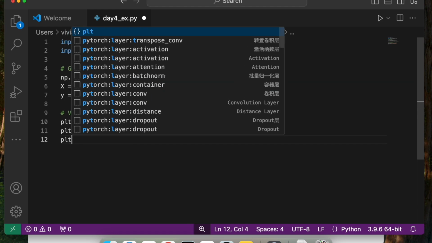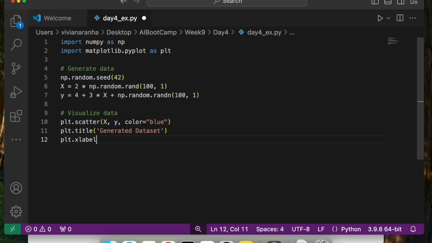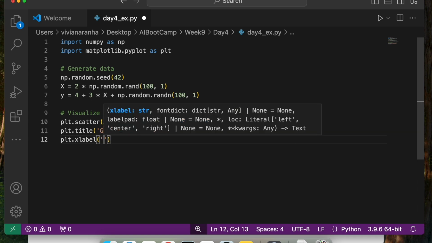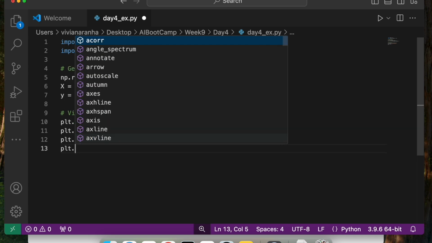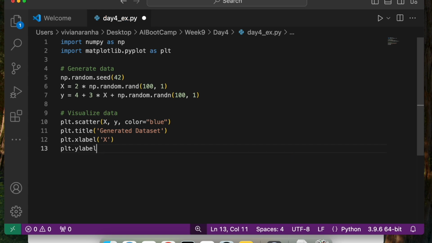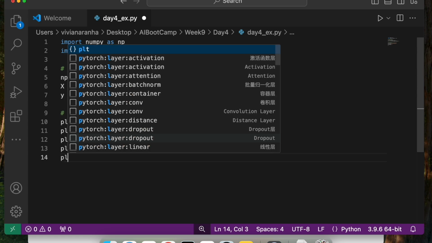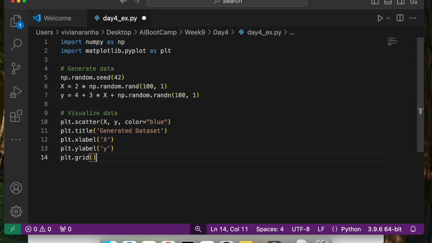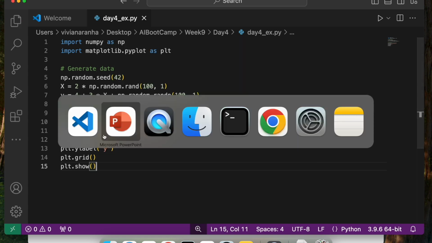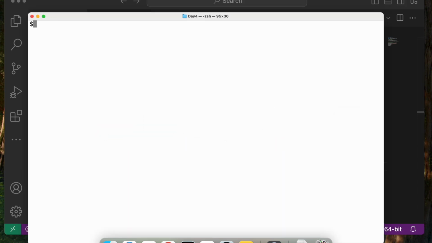Next, let's use the x label to say it's x, plt.ylabel is y. So my features and my target, show the grid and plt.show. Perfect. Let's go ahead and run this.